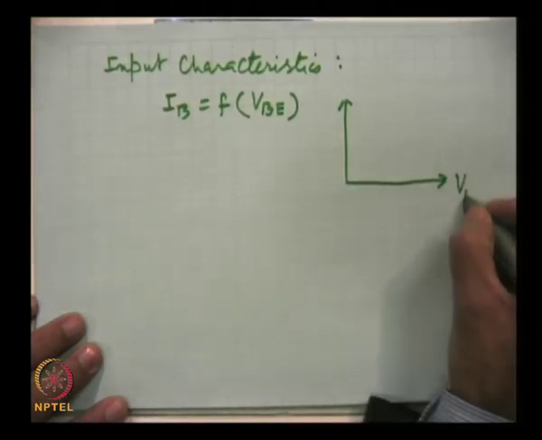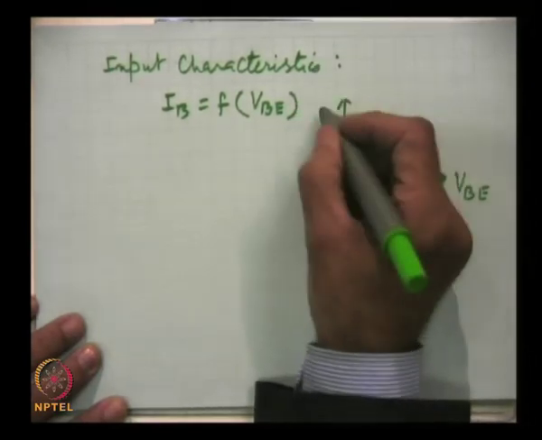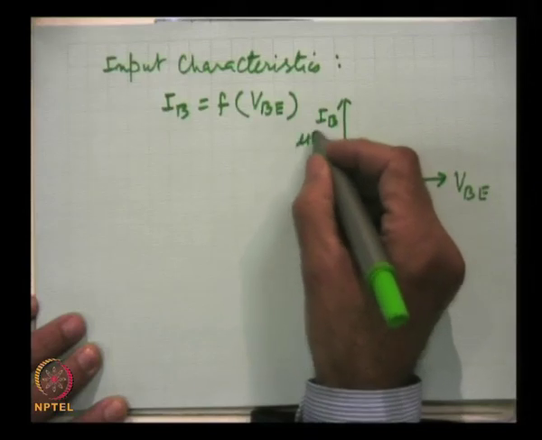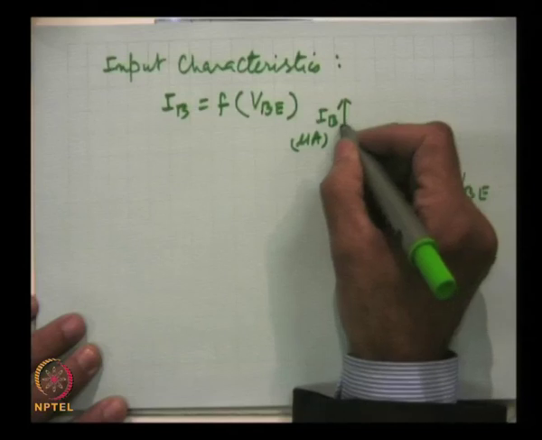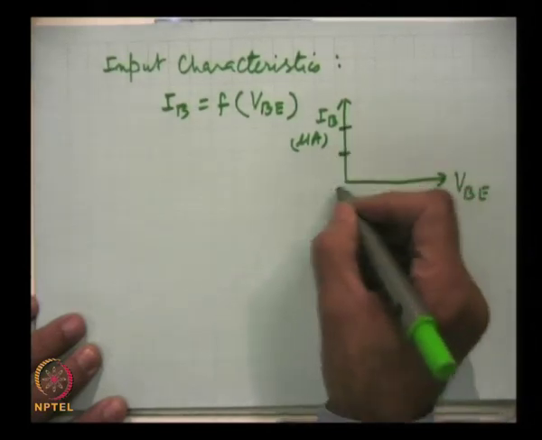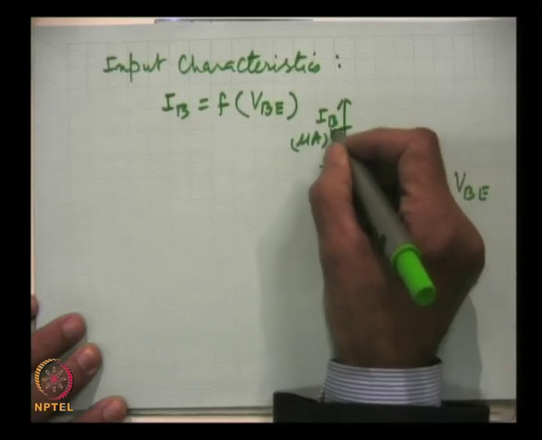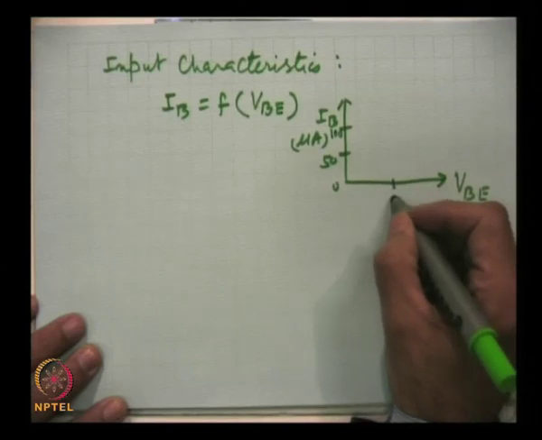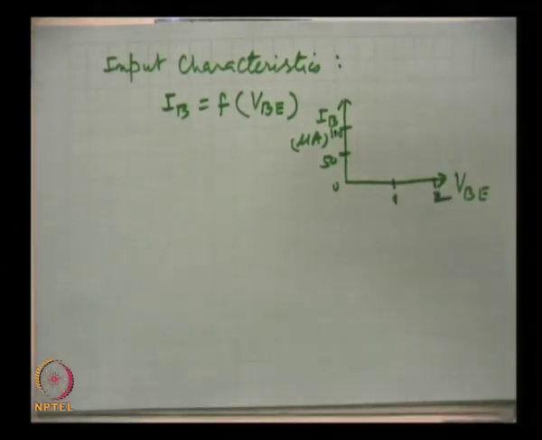This is VBE and this is IB, and this is normally in microamperes, for example 100, 50, 0, and here it is 100. This is the voltage, this is 1 volt and 2 volts. Now, look here,